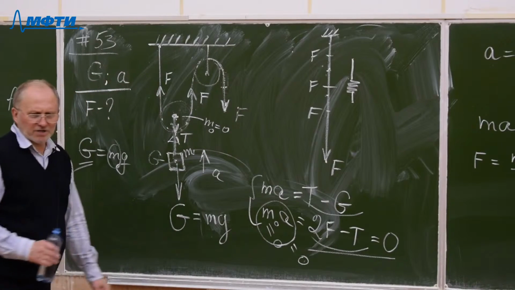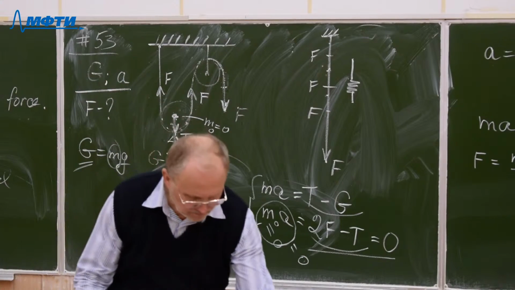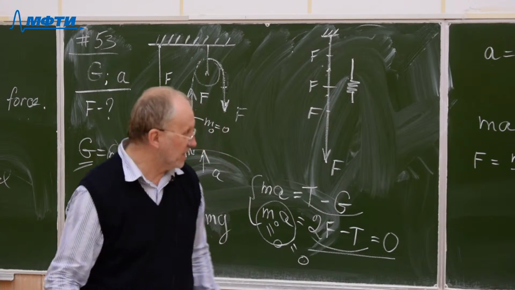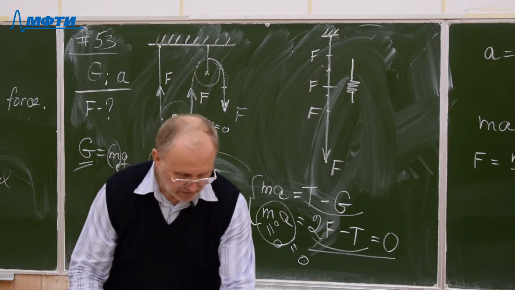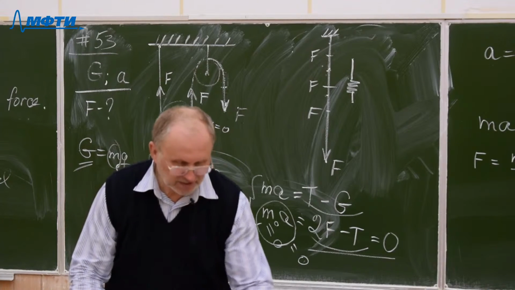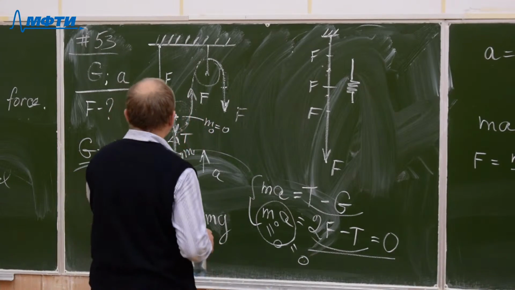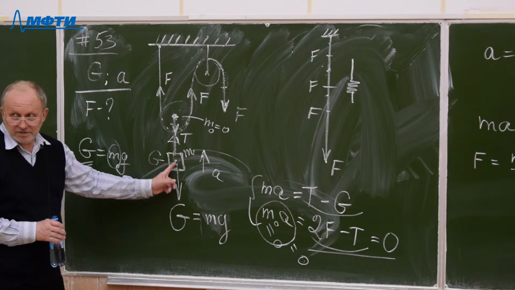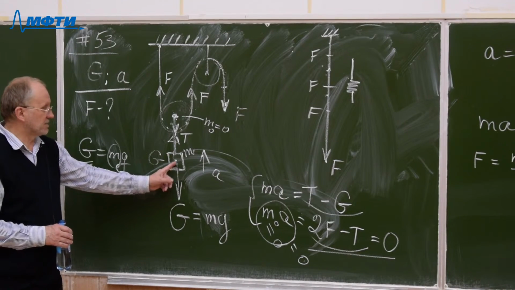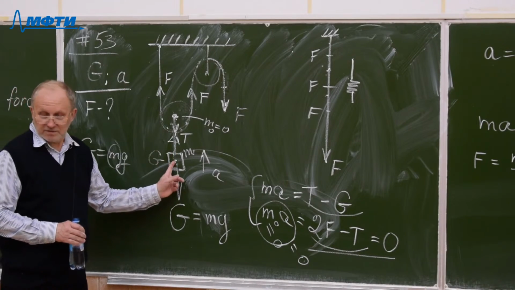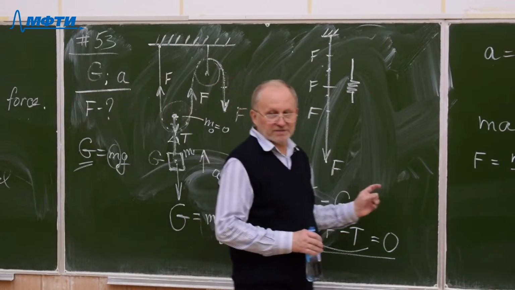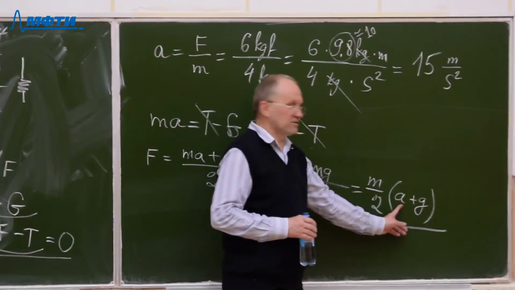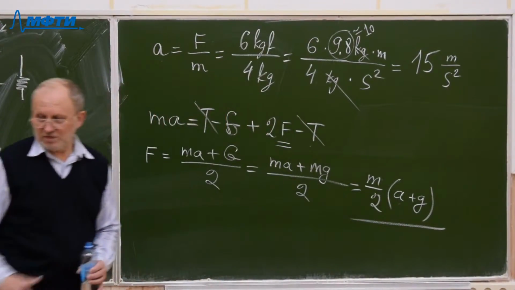There is another question in this problem. What should be the force F for the weight G to be at rest? What does it mean that the body G is at rest? It means that its acceleration is 0. Instead of a, it's 0. So in order to find the answer to the second question, we must use the 0 acceleration here. And so we immediately obtain